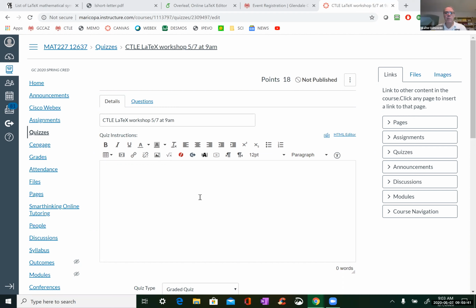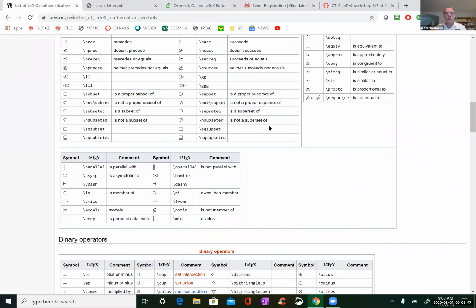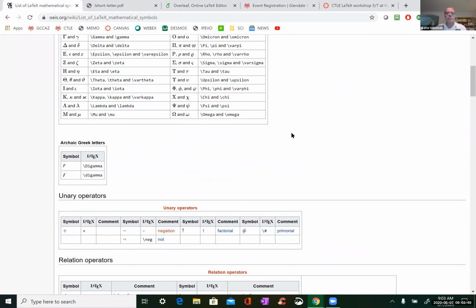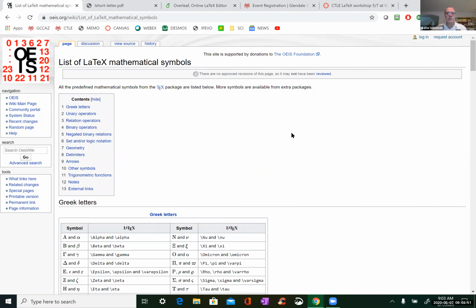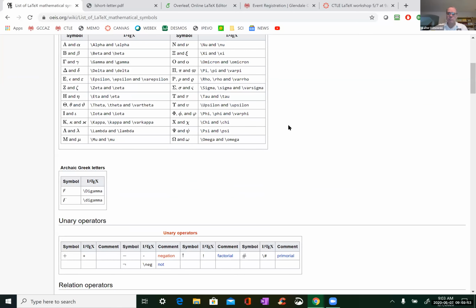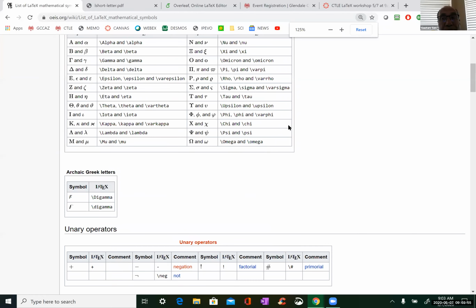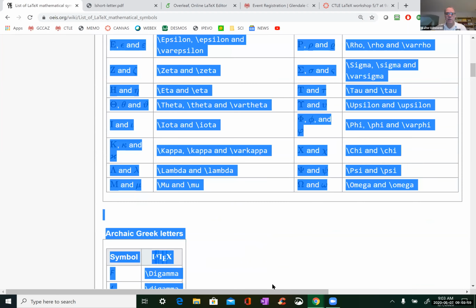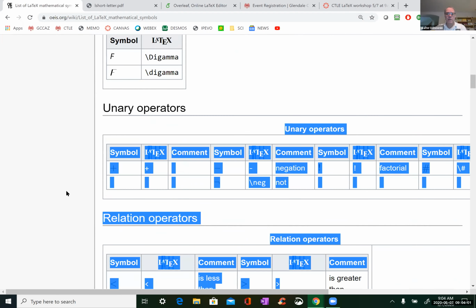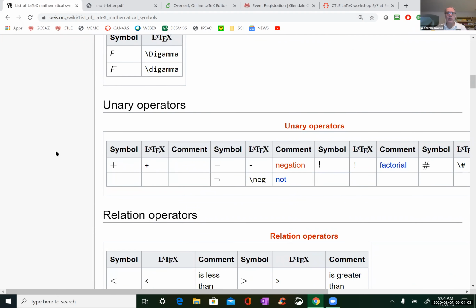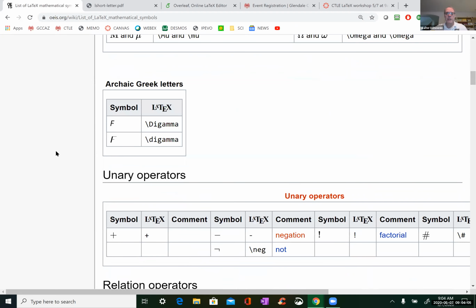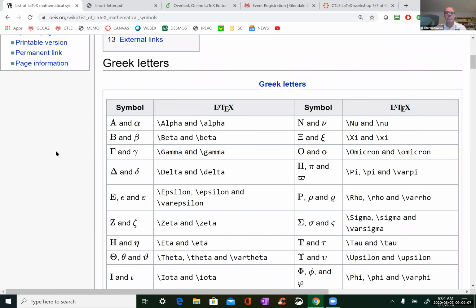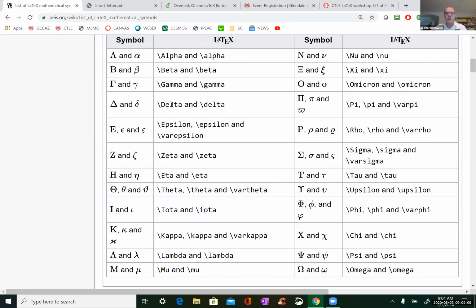Okay. So LaTeX. Now, if you go online, you can find this list of LaTeX symbols. You can see that you can get a lot of math symbols with these commands.